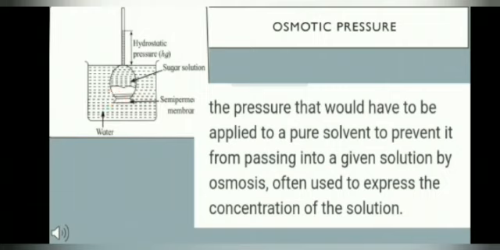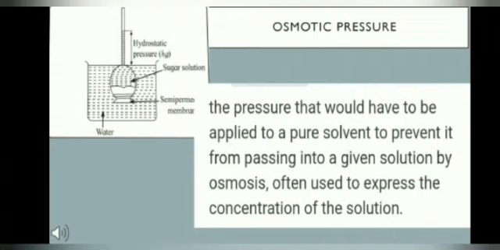Now, it should be clear that the osmotic pressure is not the pressure produced by the solution. It exists only when the solution is separated from the solvent by a semi-permeable membrane. And one more drawback of this experimental arrangement is that the entry of solvent into the solution causes its dilution and concentration changes. So, to improve that, the experimental setup must have the arrangement for applying an external mechanical pressure.